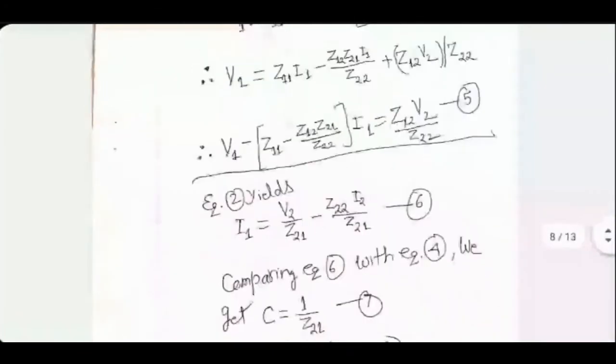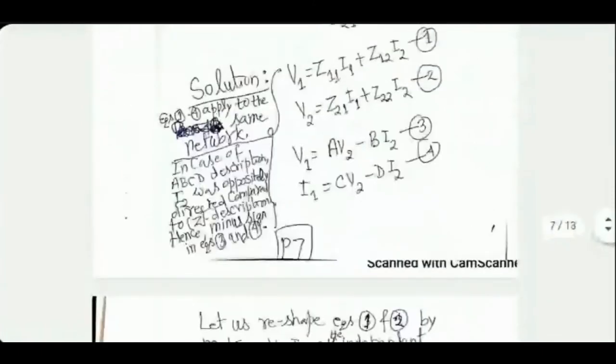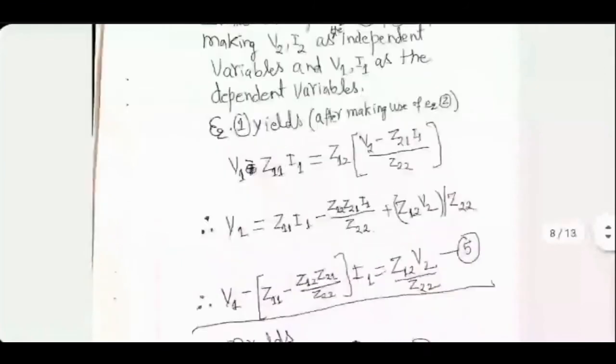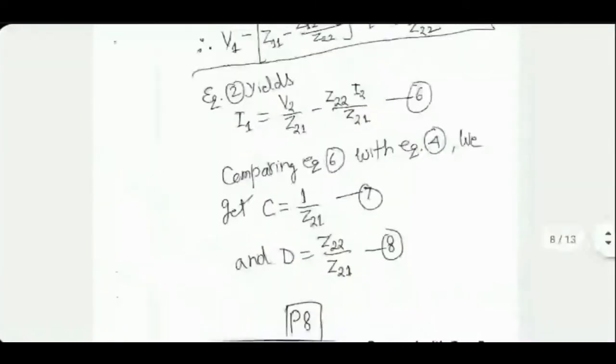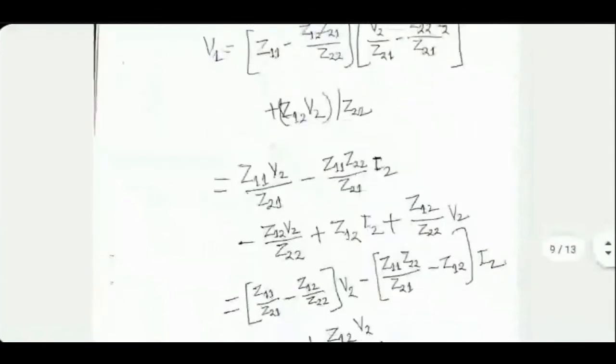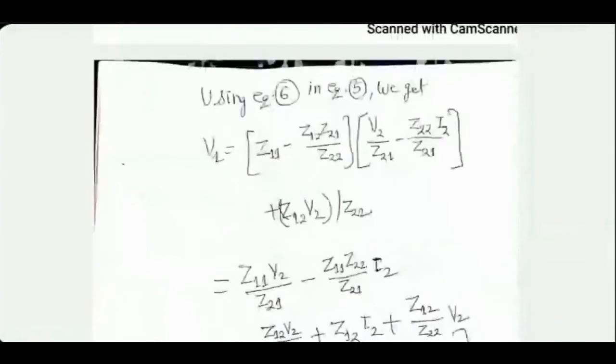I get equation 6. And if I compare equation 6 with the standard form of I1 given by equation 4, I get C and D right away. C turns out to be 1 upon Z21, D turns out to be Z22 divided by Z2. Then I use equation 6 in equation 5